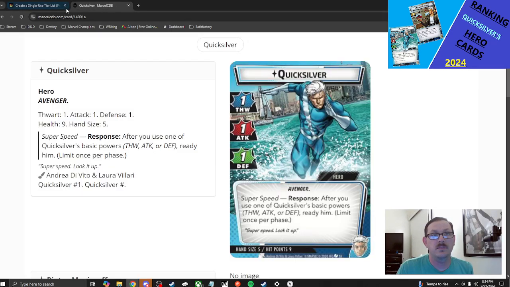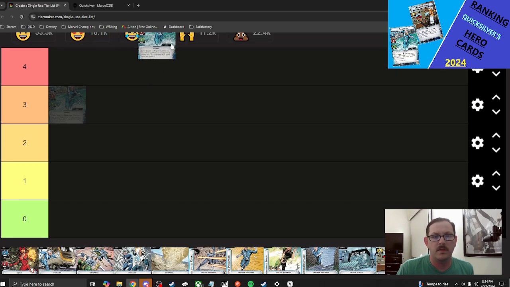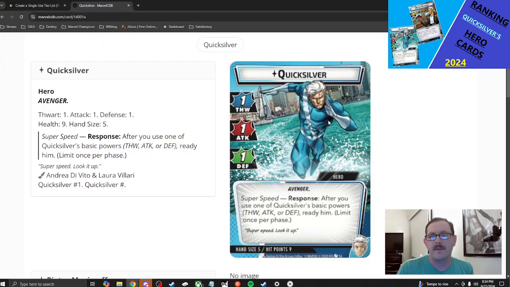First card on the block is his hero card. His hero card I put as a 4. It's a 1/1/1, pretty low stat line, but we'll see why. Super speed response. After you use one of Quicksilver's basic powers, thwart, attack, or defense, ready him. So basically, he's a 2/2/2 on one turn, and I put him as a 4 because if you add onto his things, I think he should have one that boosts each one of these by 1. So in the end, he could become a 4/4/4